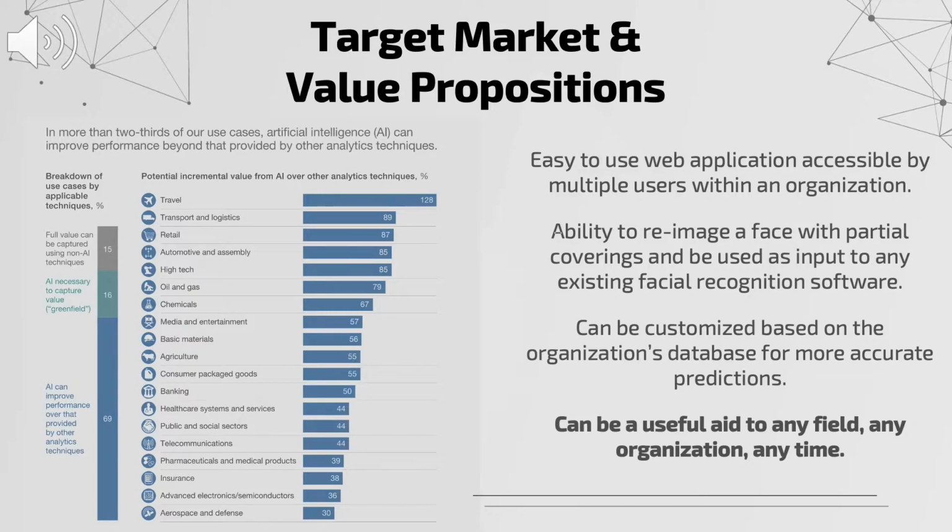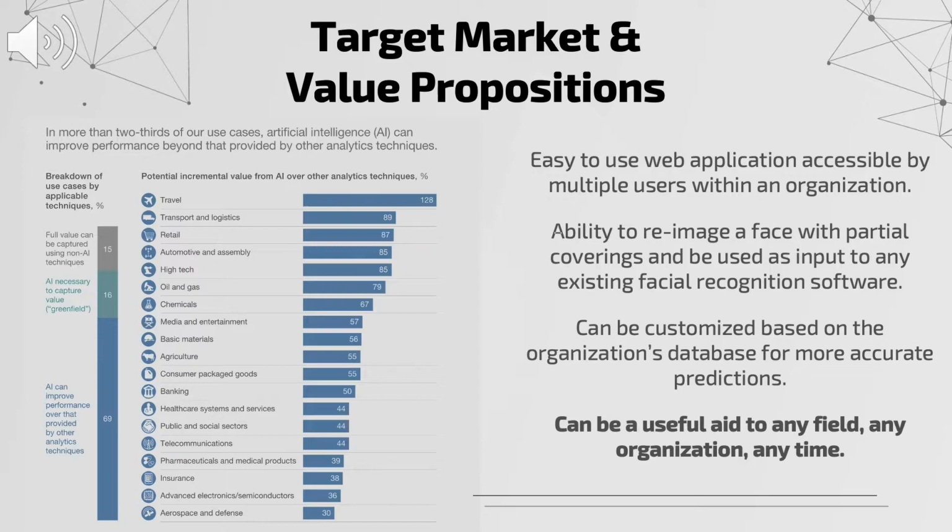The next popular AI-used industry is transport and logistics, which can use mASKerAId to detect the authentication of a person who is taking the lead role of a chain and is handling the logistics. AI's improved performance and its smarter techniques have made it more widely used than any other analytical techniques. In sync with the above statement, mASKerAId is easy to use by multiple users within an organization or any other